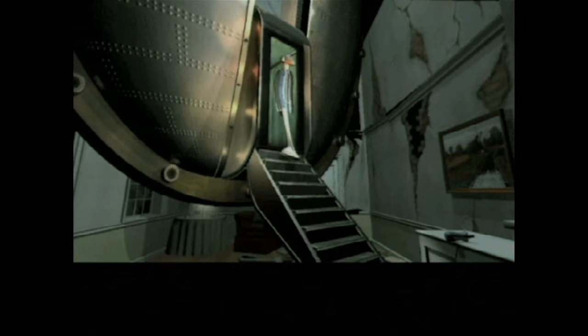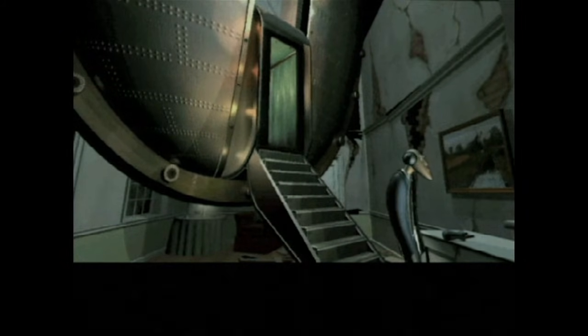Starship Titanic is a fun game if you have the patience for solving puzzles. With an initial Mac release date of 1999...